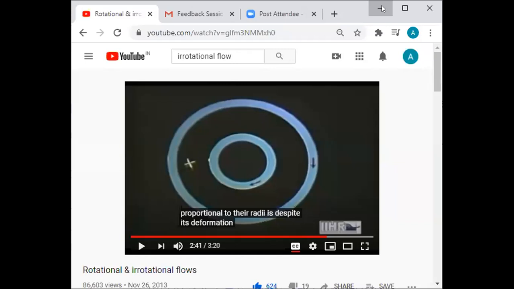So let's say you take the viscosity of a liquid. The viscosity of a liquid is due to which factor? It is due to the adhesion between the molecules, correct? Sorry, cohesion between the liquid molecules, not adhesion. So it is due to the cohesion, or attractive forces, between the liquid molecules. If you increase the temperature, the cohesive forces between the liquid molecules are going to decrease. Now they will behave as if they have very negligible viscosity, because the molecules will start moving very far from each other.